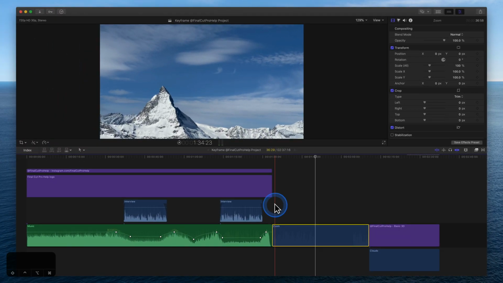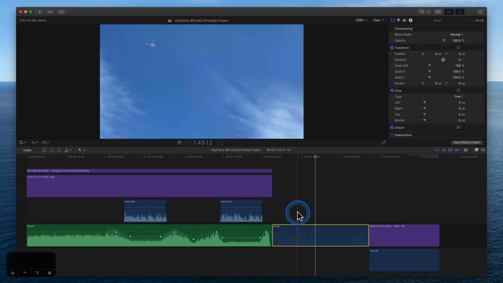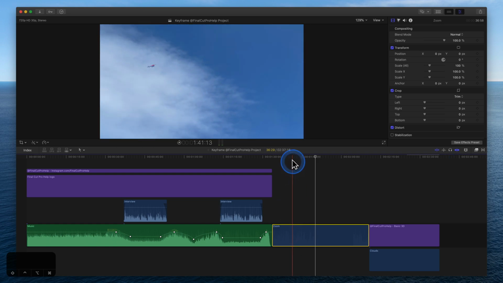This clip looks okay, but after a few seconds, I'd like to increase the scale and change the position to create a zoom in on the helicopter. Before making any adjustments, verify the playhead is in the correct spot. The first few seconds are okay. At this moment, the zoom in should begin.